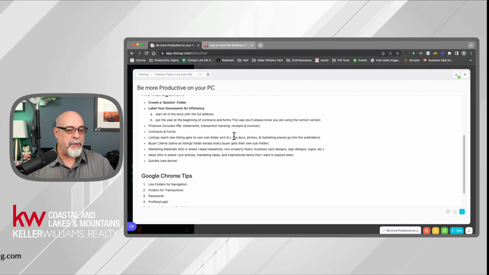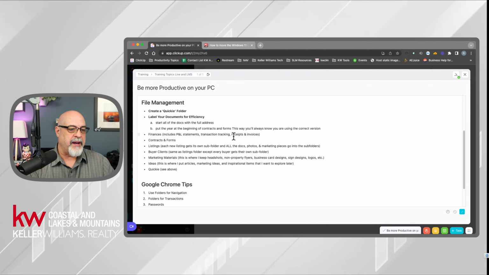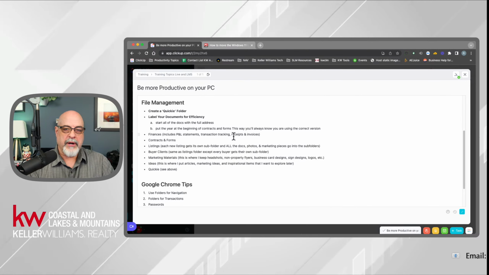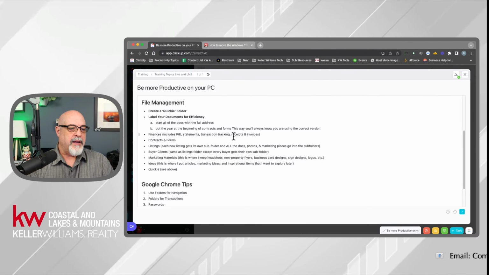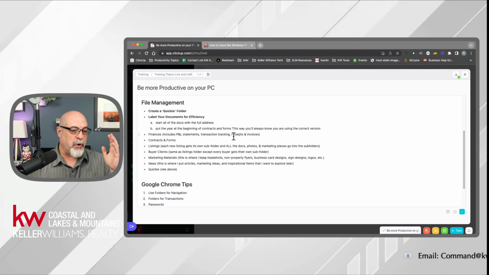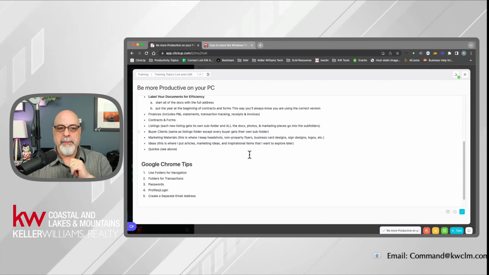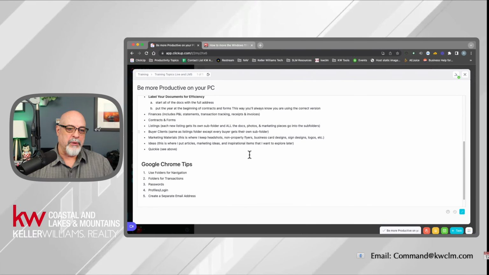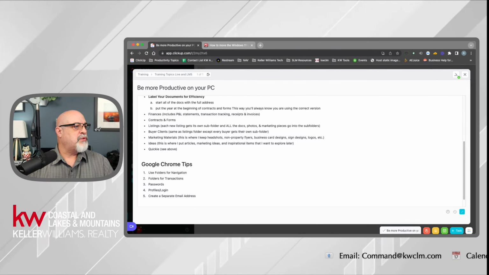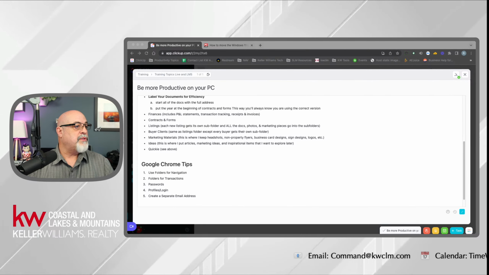Then I'm going to talk about file management, and that's specifically for real estate agents. We're going to be looking at what's called a quickie folder, and I'm going to show you how to make one of those and how to use it every day. And we're talking about labeling your documents. And then after all that labeling, we're going to talk about Google Chrome. And I'm going to show you some of the tips that are going to make Chrome a little bit easier for you to use. So let me go ahead here and switch the view to show you, instead of Chrome,